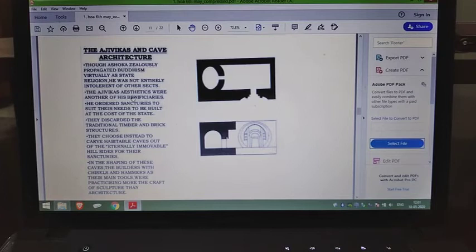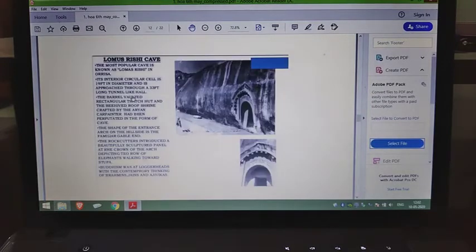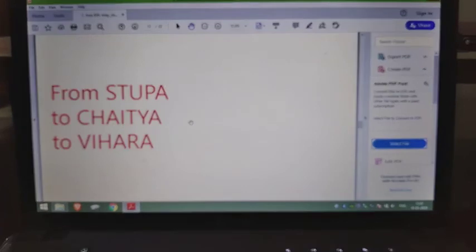Now again, this is a cave made for a monk who is not a religious person, he is an atheist. So again, you cannot consider this as a Hindu architecture, but for the sake of argument, I'm just saying let's get through this one small topic. And you will understand what the basics are. Just go through it once, you will understand.